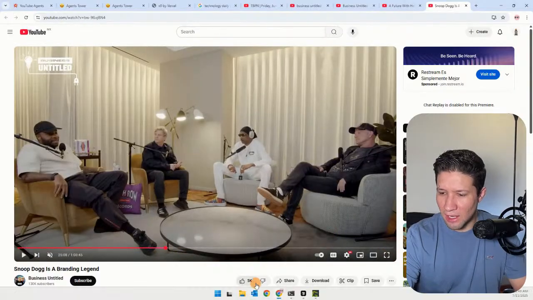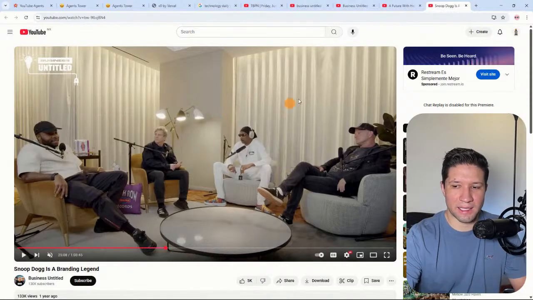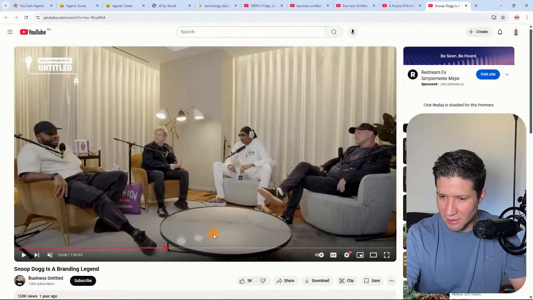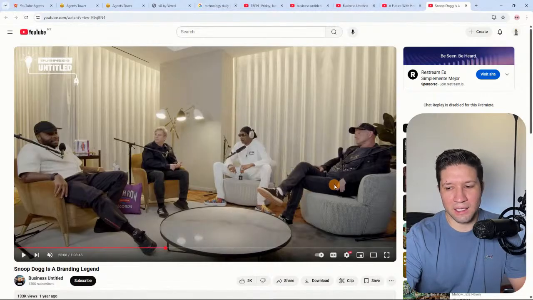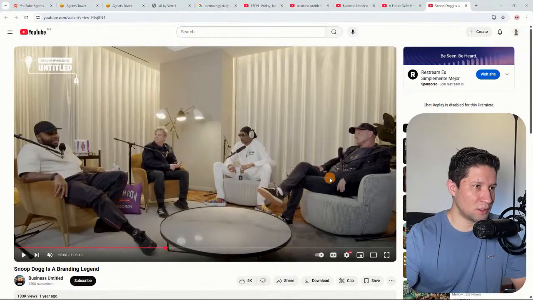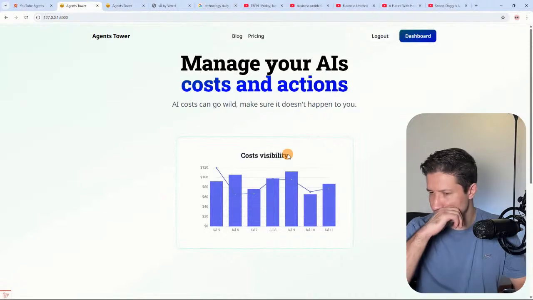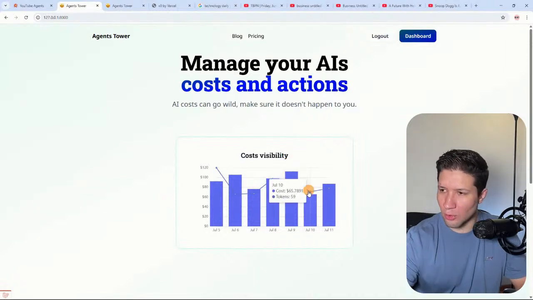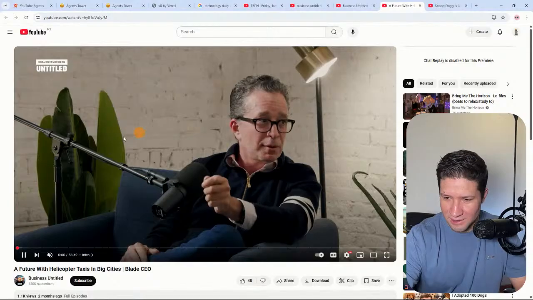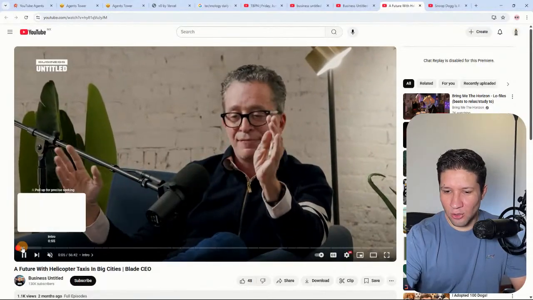So okay, I could take a screenshot from here, and it's a really light theme, a lot of white, a lot of light, and there are not a lot of different colors. So I like it, but I don't want it for the design of this website, Agents Tower. I want something more, I don't know, blue or green. So I like this blue and this green and this white with lights. So I like more,